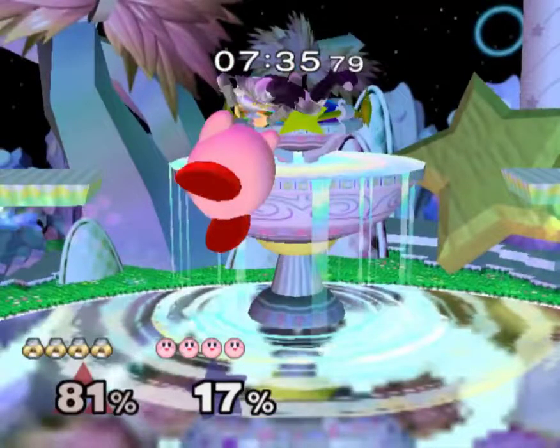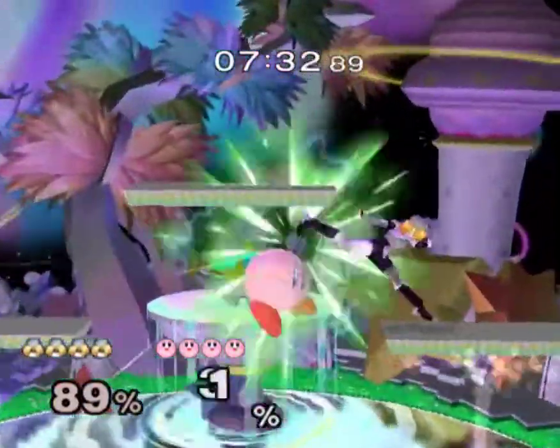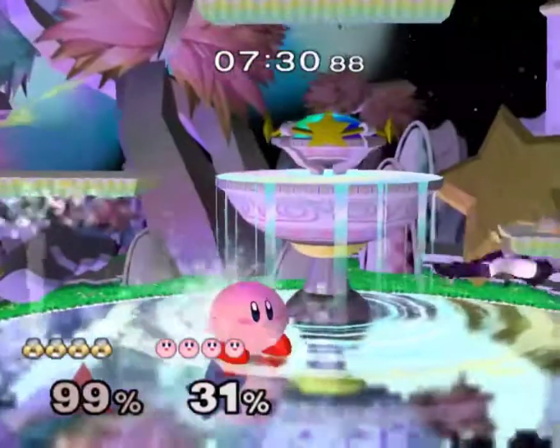F-throw isn't really guaranteed on most characters until 130%, and even then only if you throw instantly. If you find the rare opponent that just doesn't mash out fast enough, it can be really nice, as it's a good mix-up off of B-throw. In general, I don't like going for...